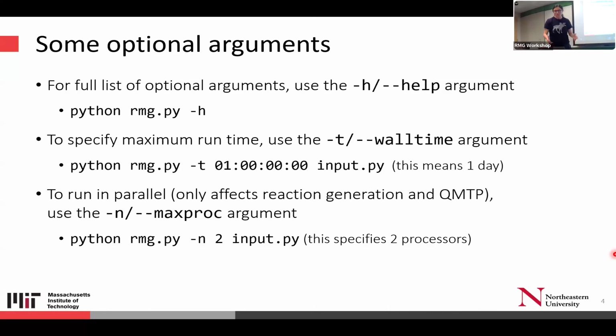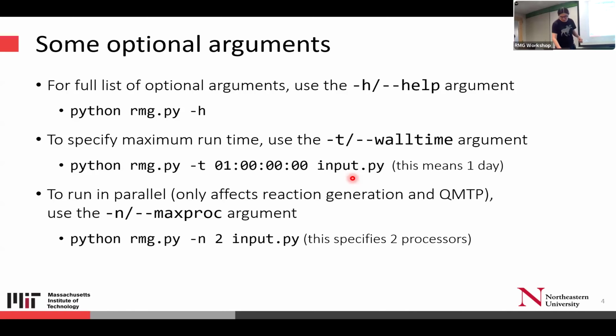So what are some of the extra arguments you can give? We already saw the -h to get all of the different help options listed for rmg.py. One that I use quite frequently is the -t, which gives you a wall time. What is the maximum amount of time that you'll allow RMG to run? I use this sometimes just for consistency. If I'm running RMG a lot of times, maybe with different libraries or different input files, but I want to be fair and let RMG have equal compute time each time, this can be helpful for getting your runs consistent. Although you do have to make sure that it's not cut too short so that you're